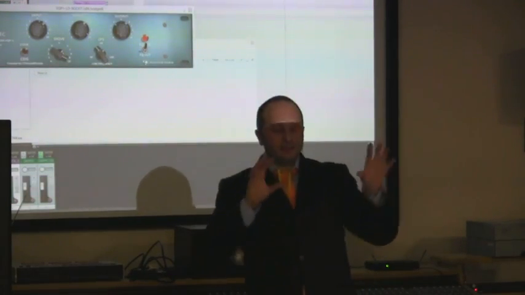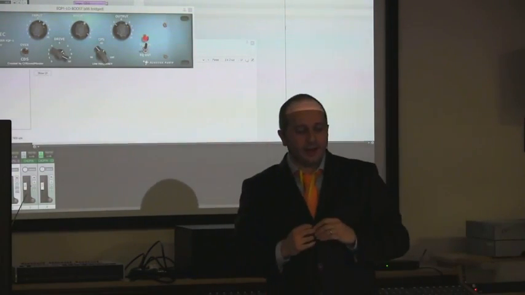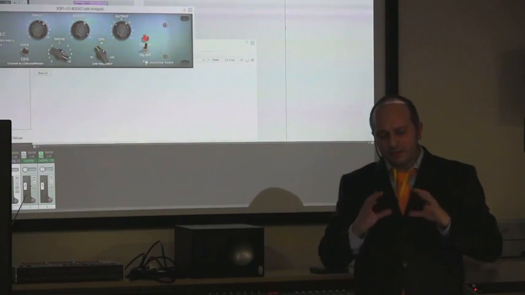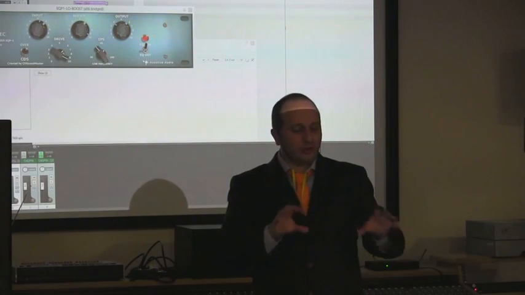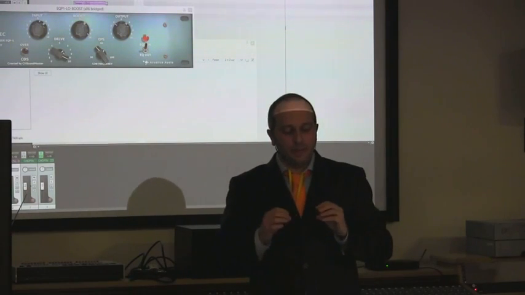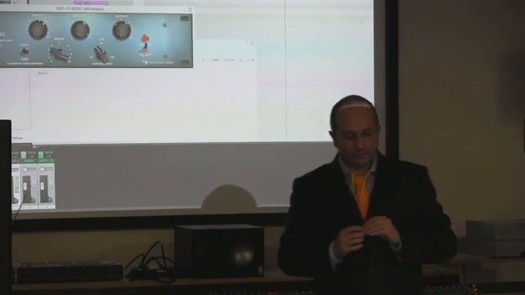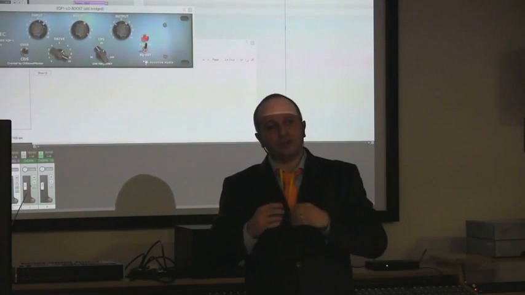There is also a skin on our product, so it seems more like a real Pultec. Anyway, what seems important is not just the skin, it is that you have a lot of controls in this example, and you can switch, you can move them, and the sound is pretty close to the original.